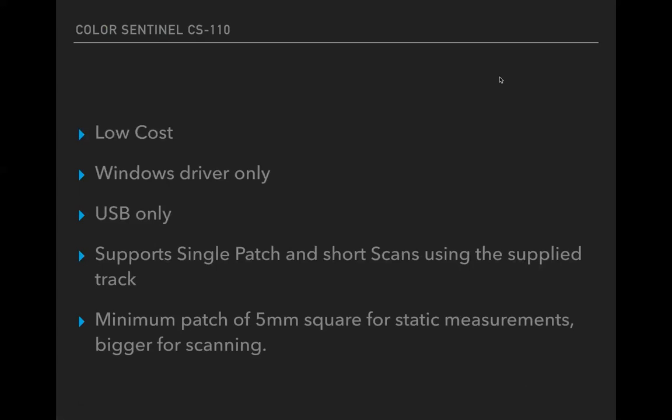Maybe not 3, sorry. It can do single patch mode or short scans using a small track. So as I say, it's kind of like a competitor to the i1 Pro. The only difference really is that the patches have to be quite big. Minimum of 5 mil square for spot measurements, and I haven't been able to get consistent results under 7 mil for scan measurements. Other than that, it's now supported by the software for all of the things that you can